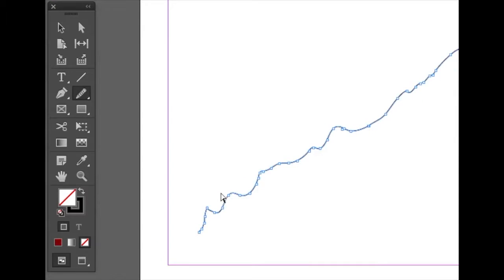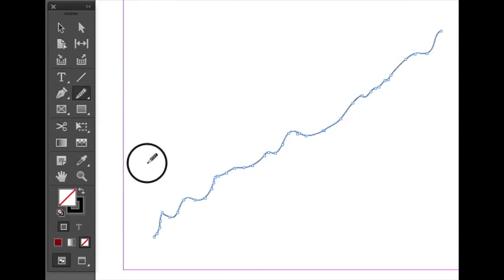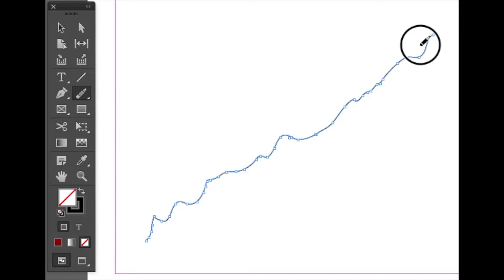The next tool I want to talk about is the eraser tool. It's located under the pencil tool, like I said. And let's select the erase tool. Your line has to be selected in order to erase part of your path here. So I'm just going to erase this part of my line here. As you can see, left part of the line up here too. So I'm going to get rid of this. Maybe, well, I'll just get rid of it with my direct select arrow tool. So now I have just this